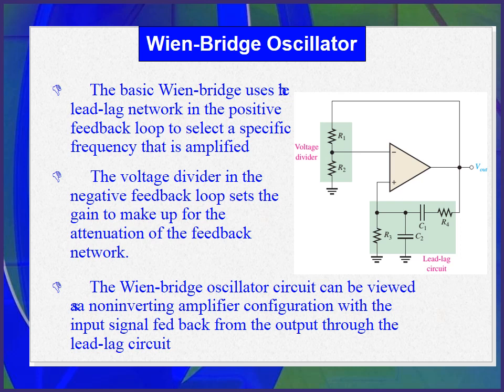As you know, for the circuit output to oscillate, the phase shift around the positive feedback loop must be 0 degrees and the gain around the loop must be equal to unity. The 0 degree phase shift condition is met when the frequency is resonant, because the phase shift through the lead-lag circuit is 0 degrees and there is no inversion from the non-inverting input of the op-amp to the output.